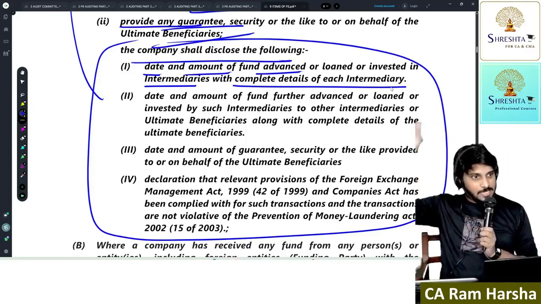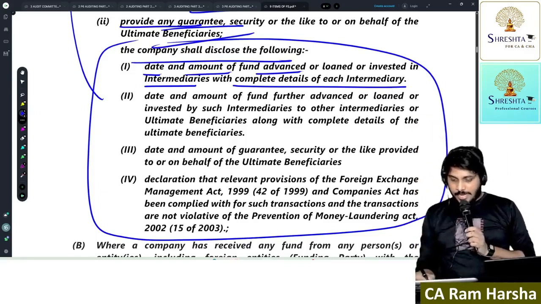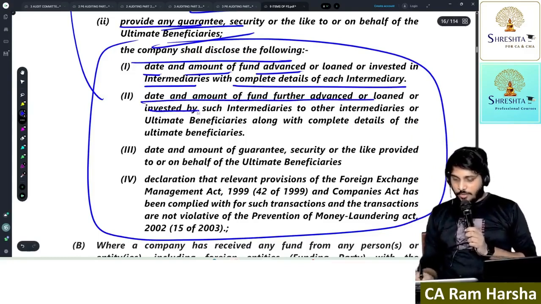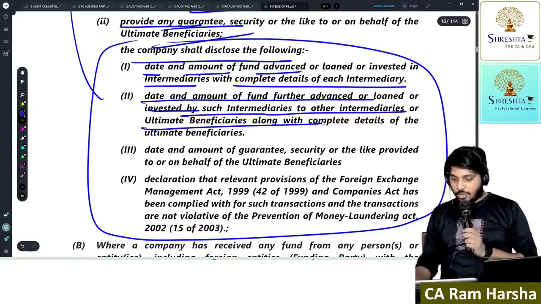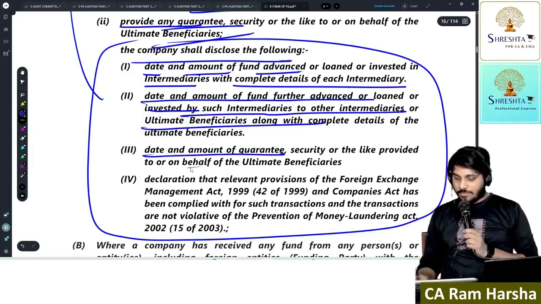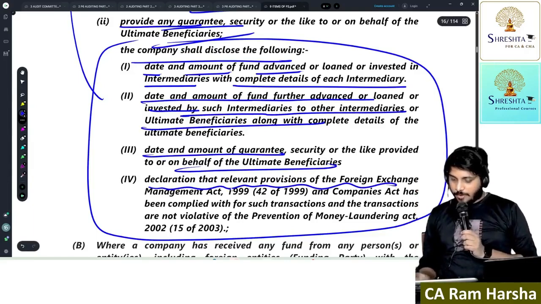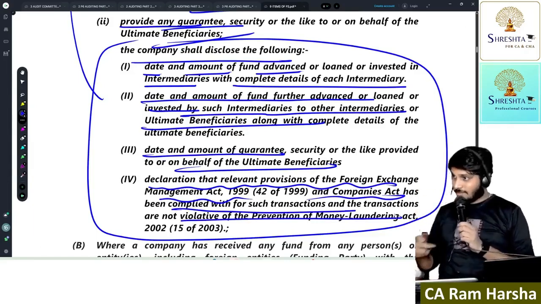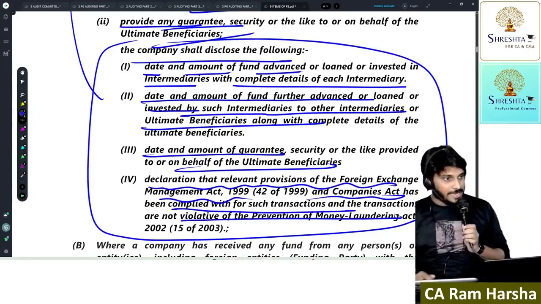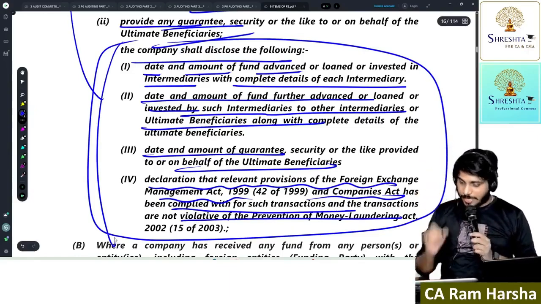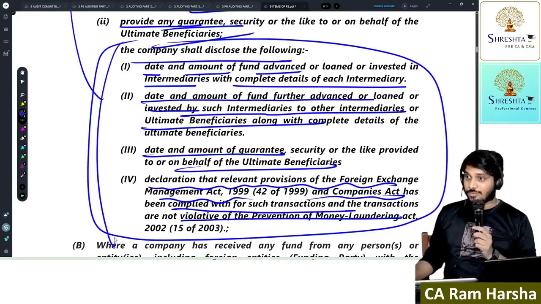Then only we call it an intermediary. The date and amount of funds loaned, advanced or invested by such intermediary to the beneficiary. The date and amount of guarantee, in case the intermediary is giving a guarantee. A declaration that relevant provisions of FEMA and the Companies Act have been complied with, including a declaration of non-violation of the Money Laundering Act. The company has to give a declaration like this in the notes to accounts.